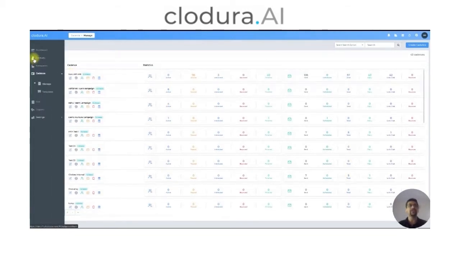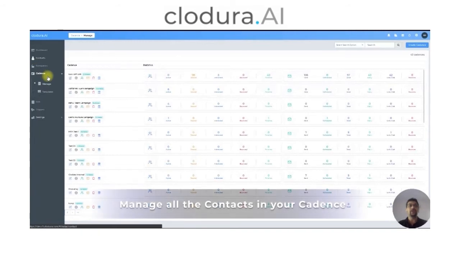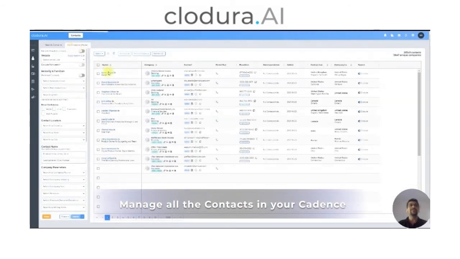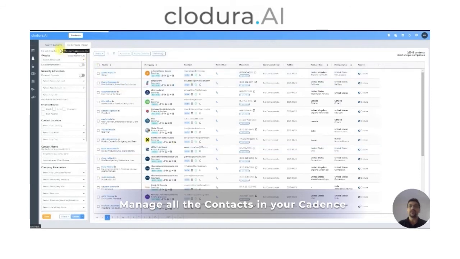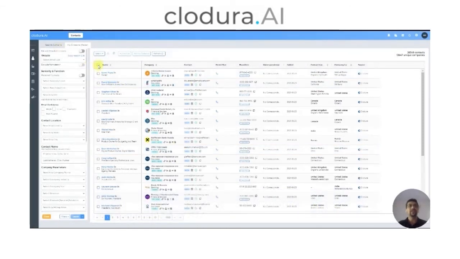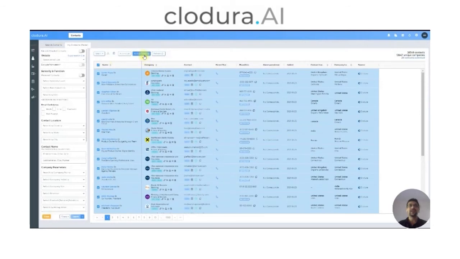So if you see here, you can just select the contacts whichever you want. Whichever contacts you want, you can go ahead and select them from your contacts radar or search radar. Select them directly and add them into a cadence, and they will directly get added into the cadence instead of adding them into a list earlier. You can still create lists and push the list into the cadence, but you now have the facility to directly add contacts inside the cadence.